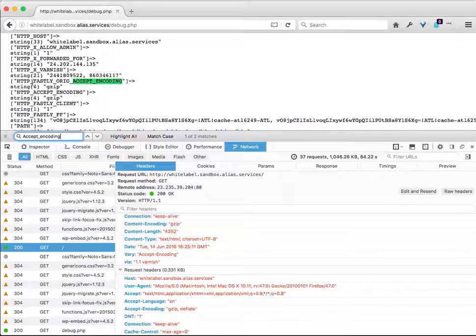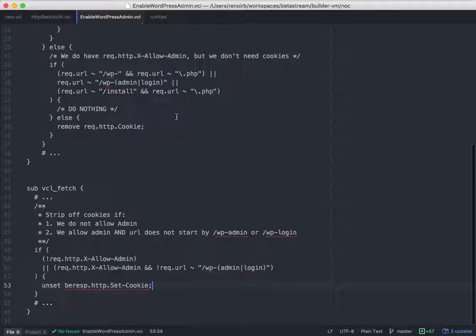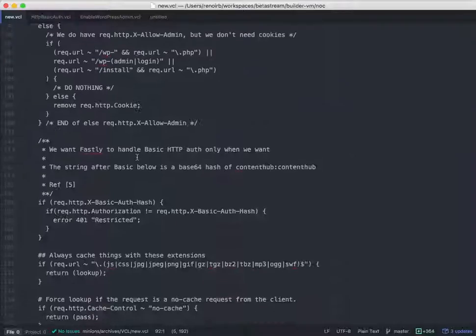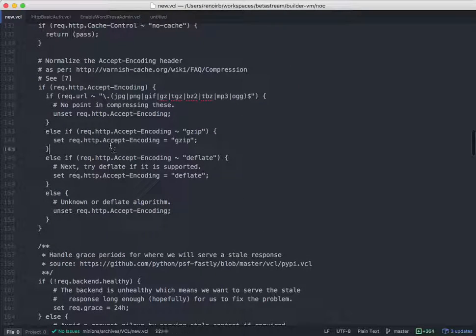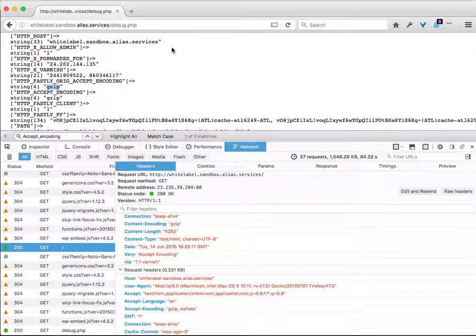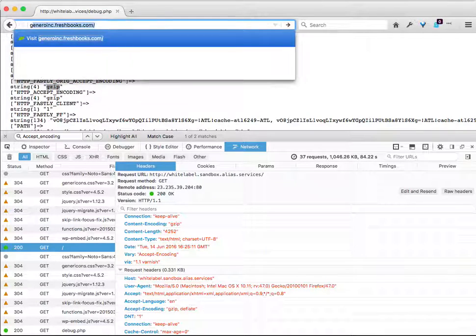So what happens is that Accept-Encoding gets rewritten to gzip here, because we want to vary as little as possible on the Accept-Encoding. In the VCL, we roughly just make sure that Accept-Encoding is only one thing, because in caching, if the cache goes gzip,